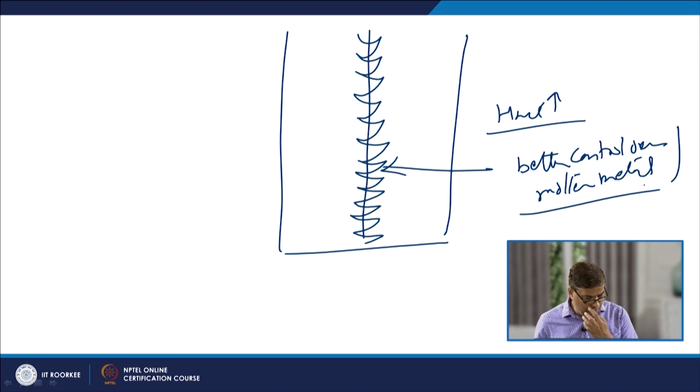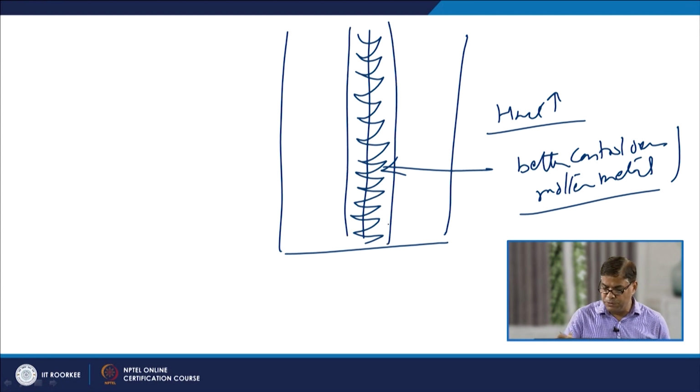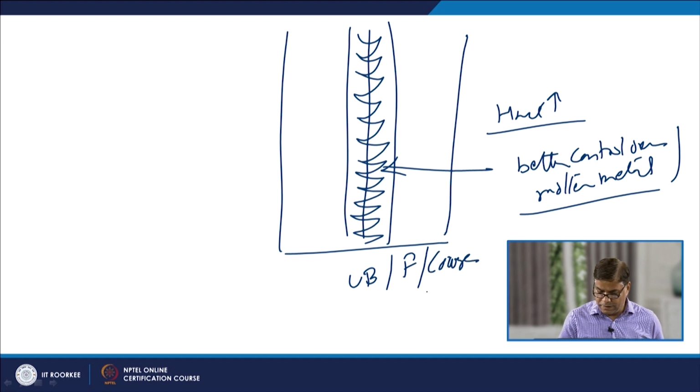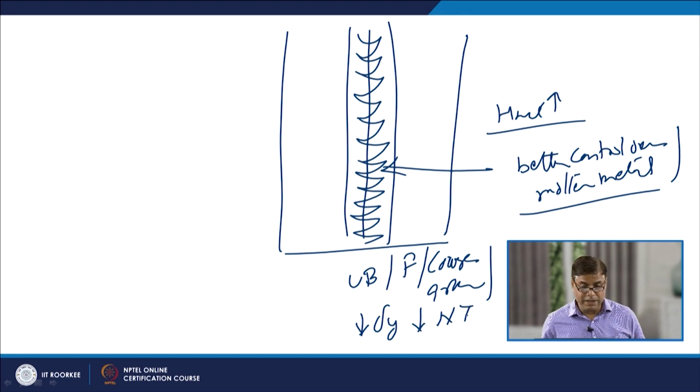So, these are the two techniques of applying the molten metal. Of course, when the weaver bead is used, due to the high heat input, we get lower cooling rates, upper bainite and ferrite, a coarse grain structure. These deteriorate the yield strength and reduce the notch toughness of the weld joint.